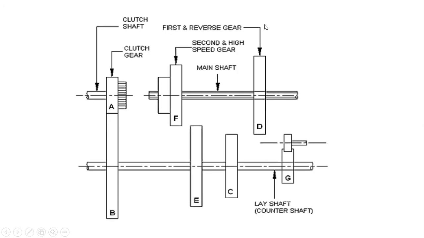Now everything is fine in this one, but what is the problem? See, if you are looking at this arrangement, whenever I want to change the gears, what I have to do? I have to stop all the gears, then engage the proper gear and again start the motion. Suppose I am using this for a car. We will put the first gear and you are moving the car. Now if you want to change the gear to the second gear,